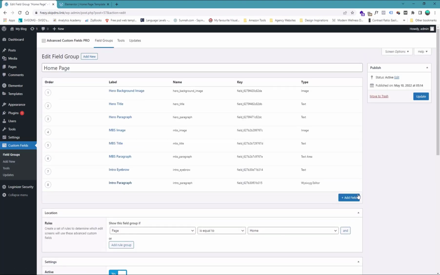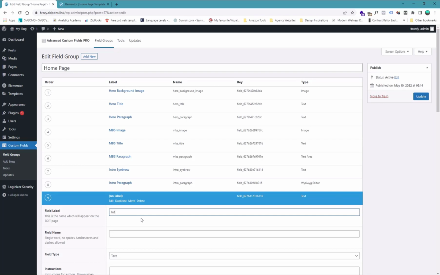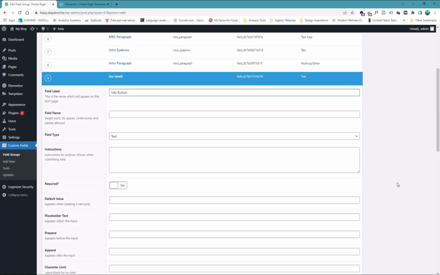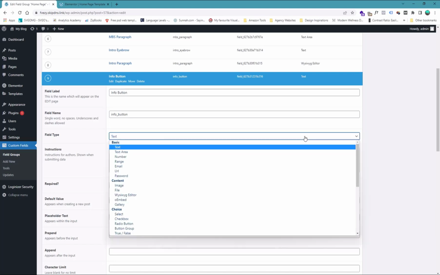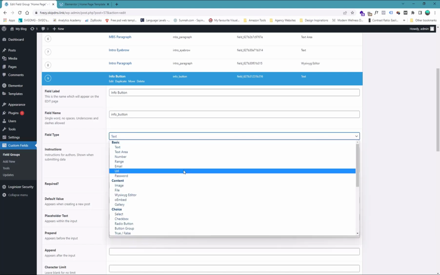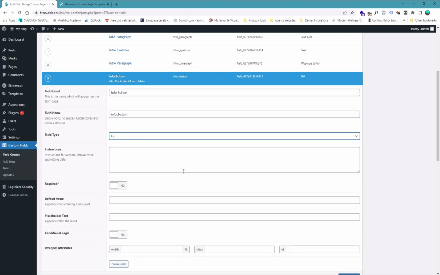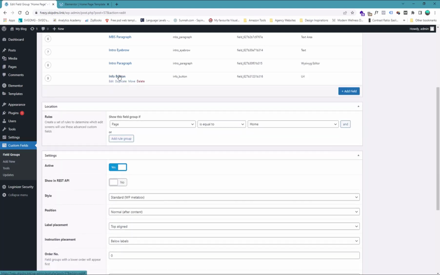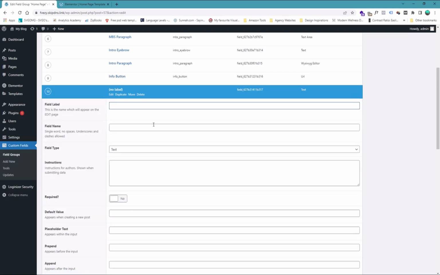Intro eyebrow, intro paragraph, intro button. Right, so this is, okay, intro button, and let's set it as URL. We will put the URL where we want the user to go from here once they click on the button. And then